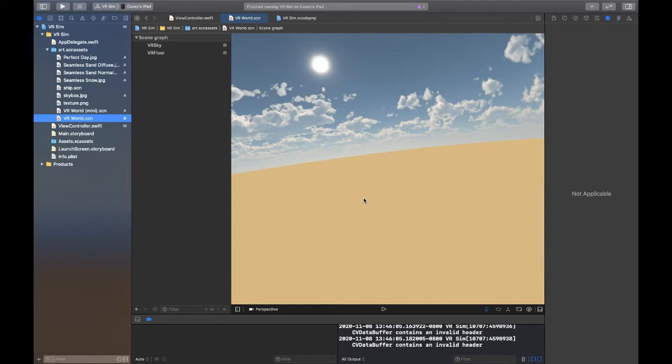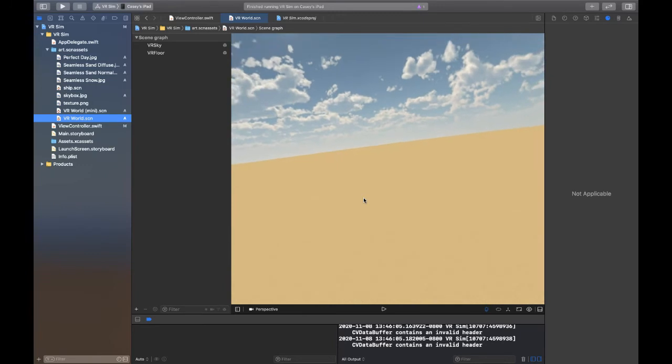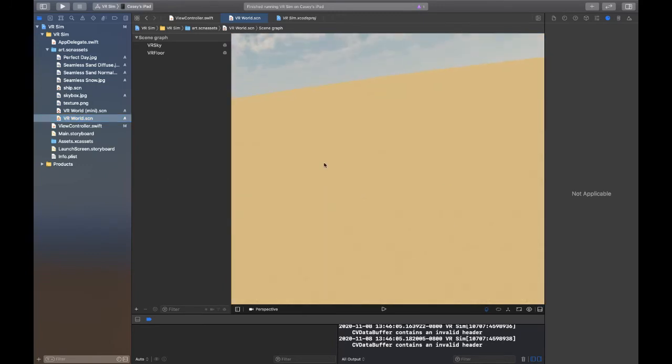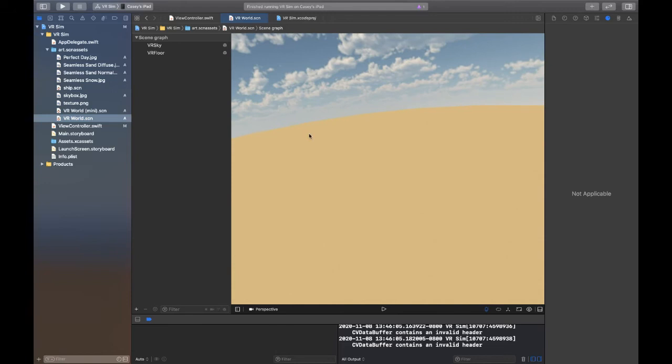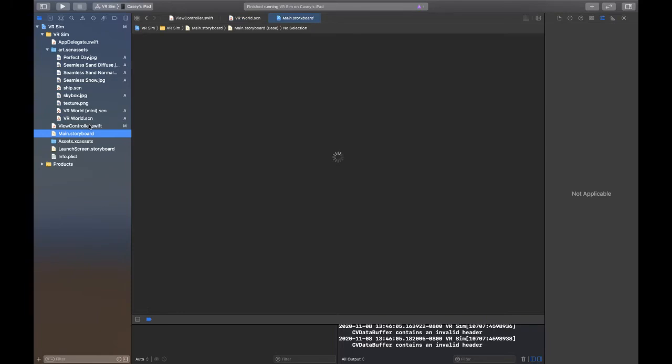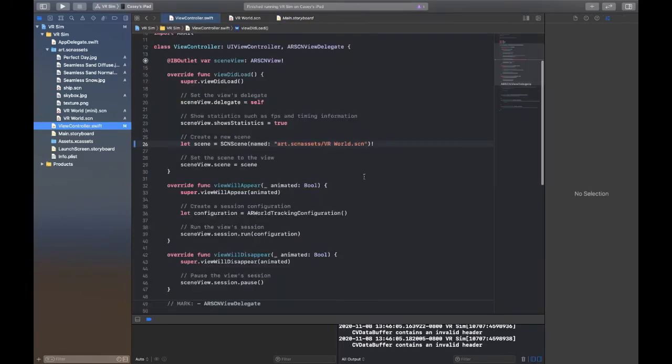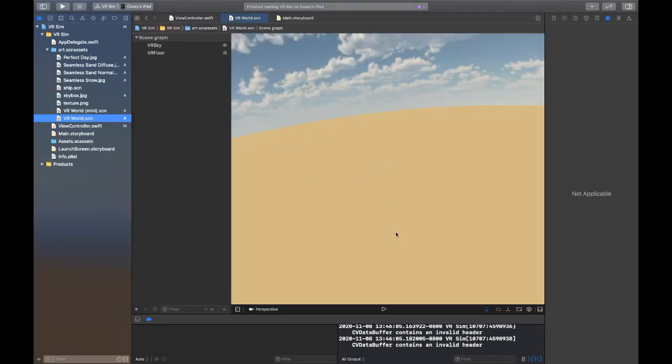VR, on the other hand, in typical practice, doesn't care at all about the real world. The only thing that VR really cares about is the orientation of the camera, which is controlled by the camera that you have mounted to your head usually. So in our virtual world, we just have a completely different way to design our world. We can actually view it here in our 3D viewer and work on our world. Whereas in an AR world, we would work on mostly code, and it's really mostly going to look like this when you're working on AR. But that's the cool part about VR is that when you're working on VR, you can actually focus on